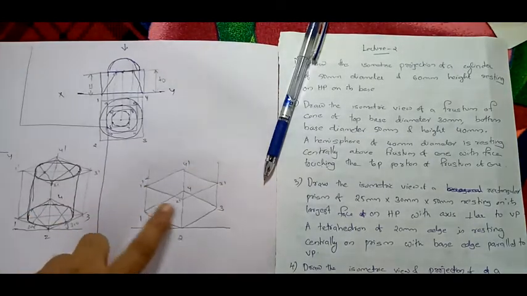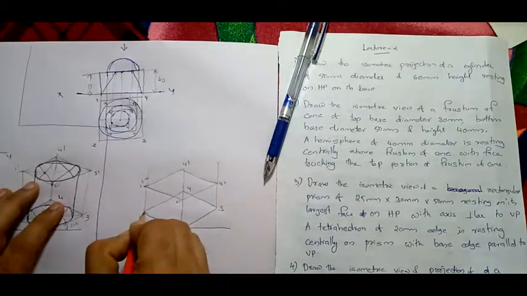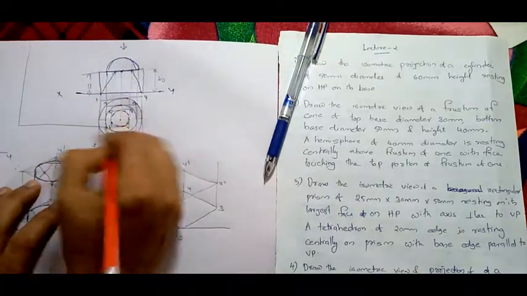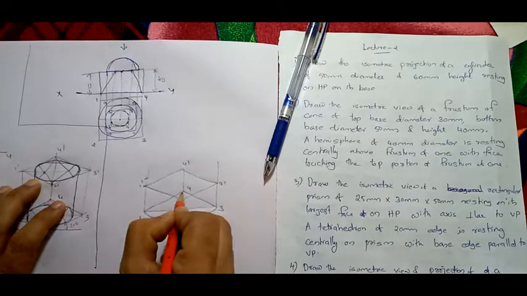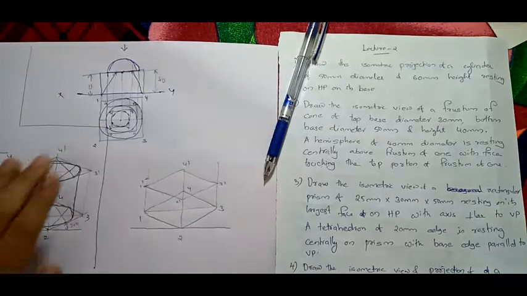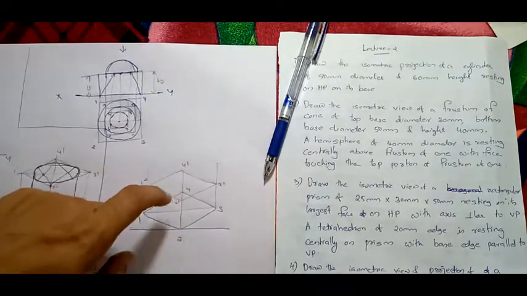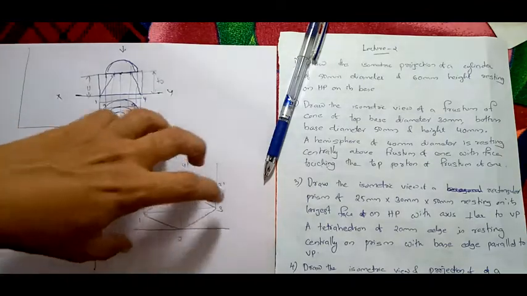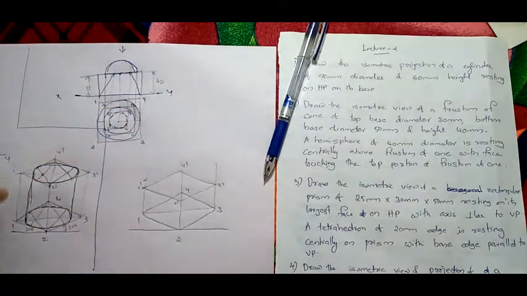Now see bottom, you know, bottom is the 1, 2, 3, 4 square. So inside that square there is a circle. For joining that circle, what you have to do, see, draw as in the previous question. So now you should understand why I have drawn this. It's a very simple question, but by solving this question, the advantage is you can solve the second question easily. So you can understand it very easily.